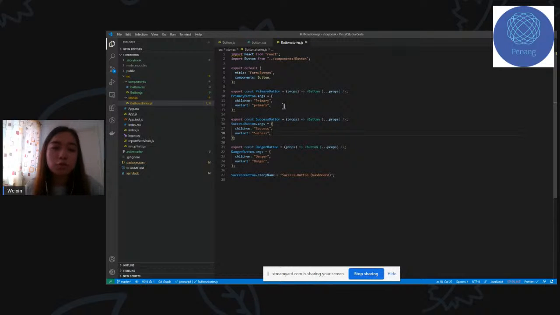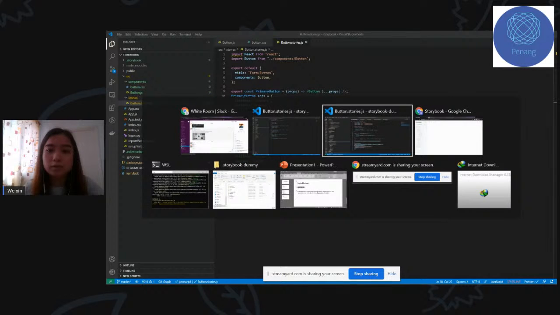How Storybook organizes it is following the time that we created the story. So in the case that we want to organize them and sort them following the way we want, such as alphabetically, we can have a quick way, which is